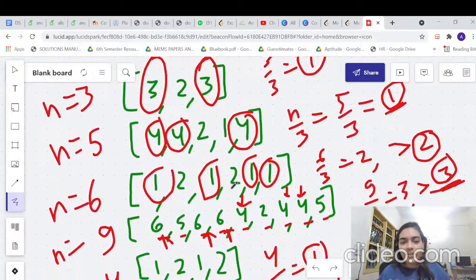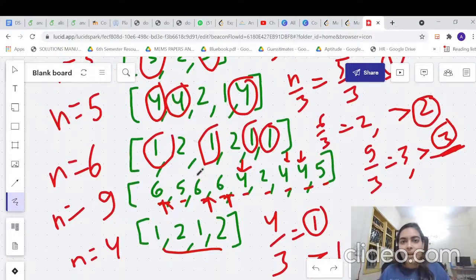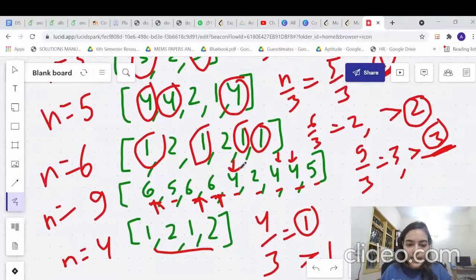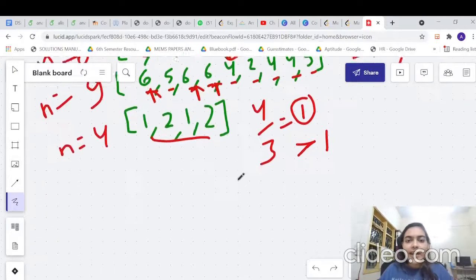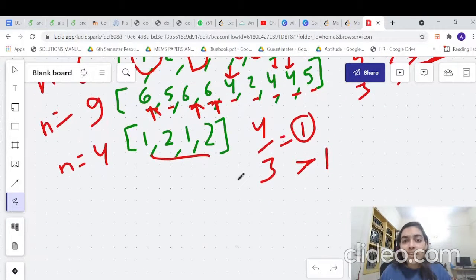So anytime you get a question, try to list down 5-6 different examples so that you can cover all the cases. In this case, it is different from the previous question because there can be more than one answer, there can be no answer at all, or there can be one answer, right? So that is a simple approach.